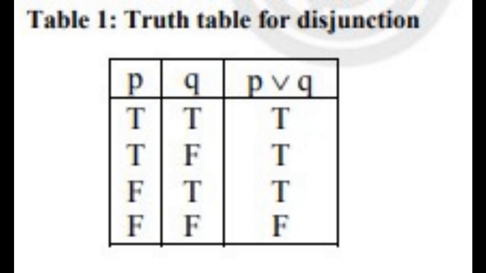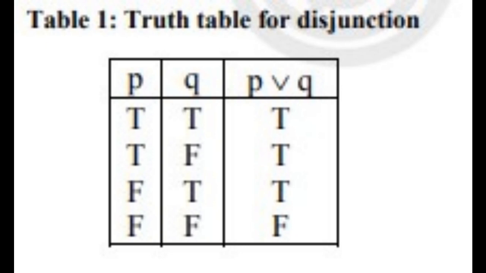We also use the term inclusive or for the connective we have just discussed. This is because P or Q is true even when both P and Q are true. But what happens when we want to ensure that only one of them should be true? Then we have the following connective. Definition. The exclusive disjunction of two propositions P and Q is the statement